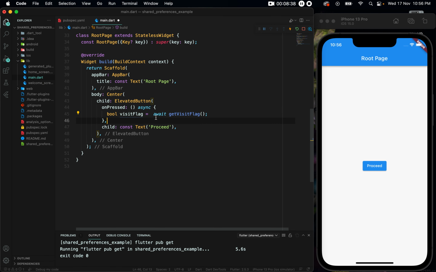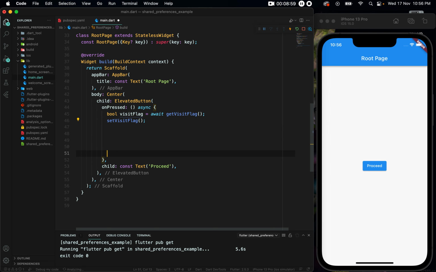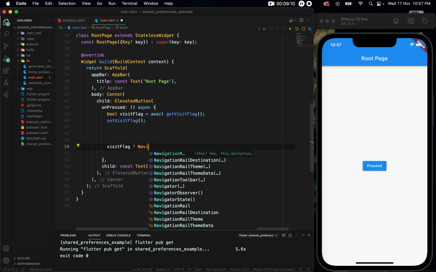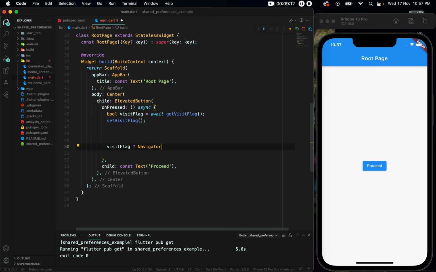So inside this variable, we are going to go and check shared preference and see what the result is. So if it's true, we're going to save true here. If it's false, we're going to save false here. Now also after that, since we are already starting the app for the first time here, we are going to set visit flag. Now after all of that, let's make a check. So we can call visit flag. If visit flag is true, what we're going to do is call a Navigator dot of context dot push,